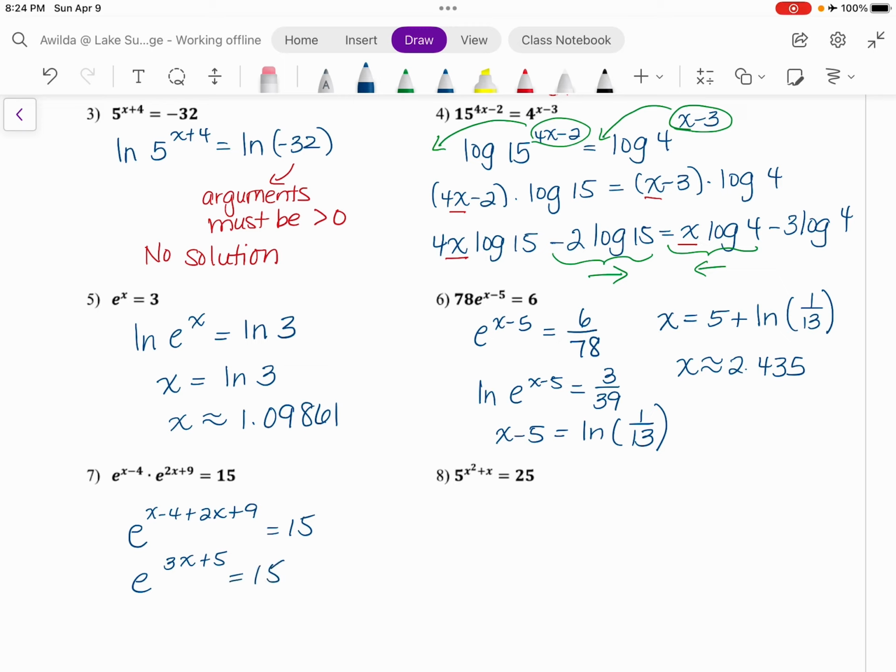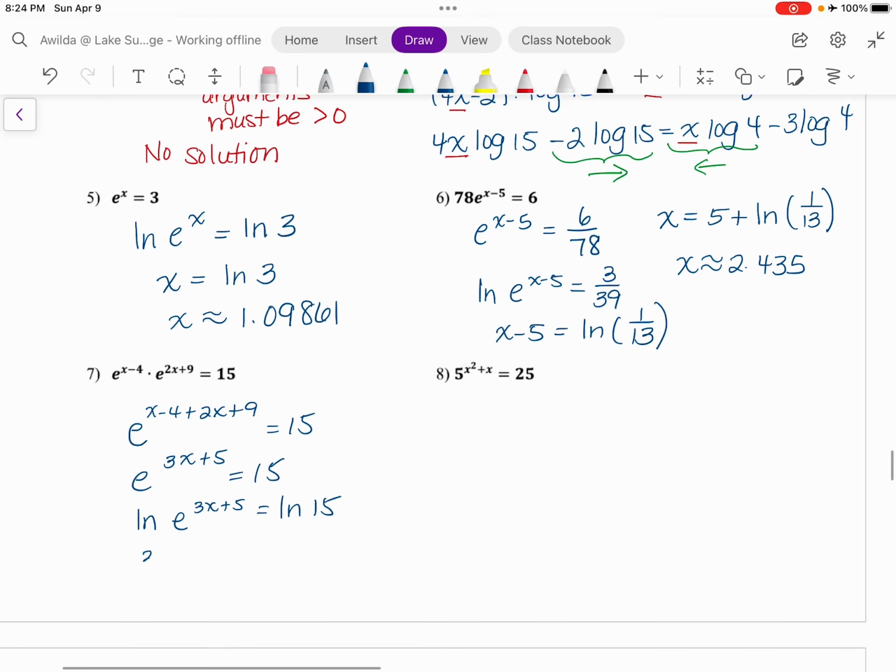And again, it makes sense that we would take the natural logarithm of both sides since we already have a base of e. On the left-hand side, we get simply 3x plus 5. On the right-hand side, we have the natural logarithm of 15. To solve for x, we can subtract 5 from both sides, and then divide both sides by 3. So we have x equals negative 5 plus natural logarithm of 15, all divided by 3